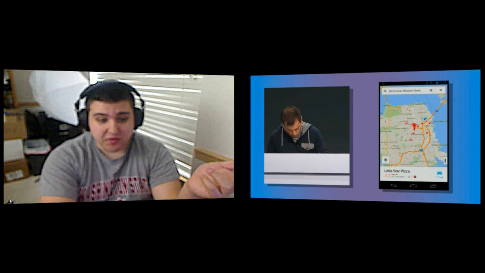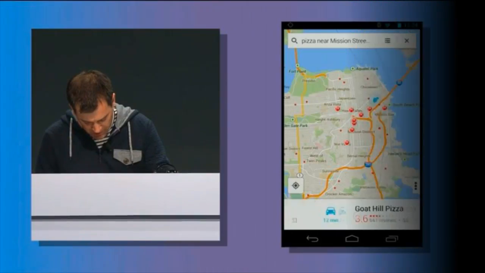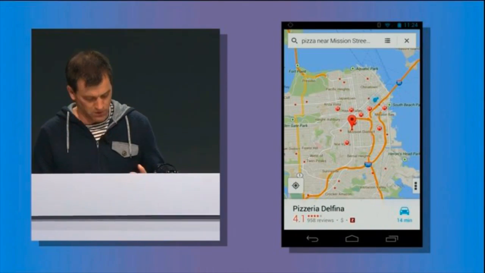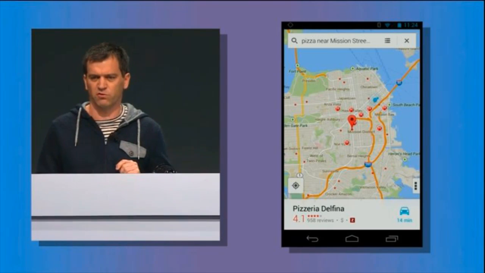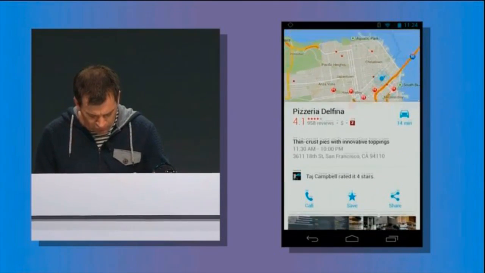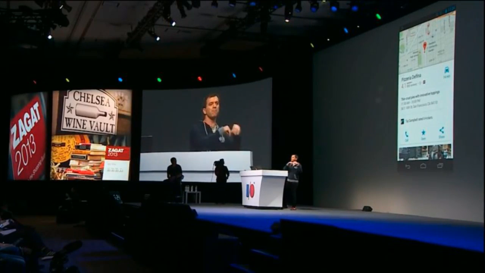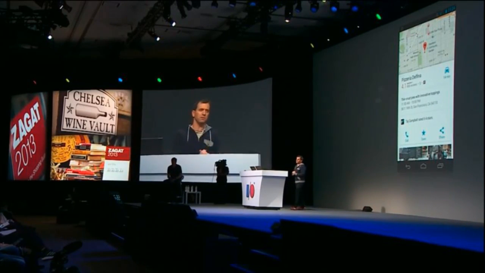The new UI looks pretty amazing, I mean, look at that. I can just swipe to different results. I can bring up the details. Is this a good place to go? But something caught my eye here. It's the Sagat badge. What does that mean? Before we looked at user reviews and my friends' reviews, but sometimes you want to have a